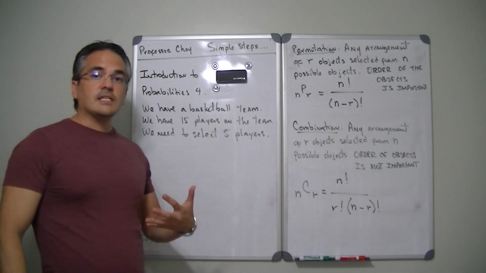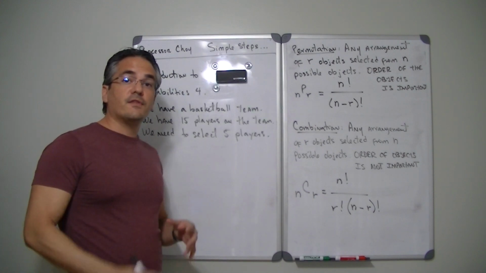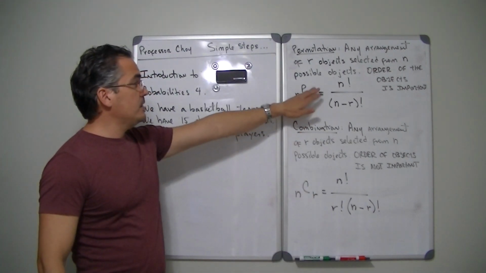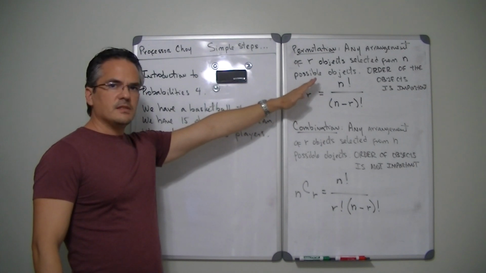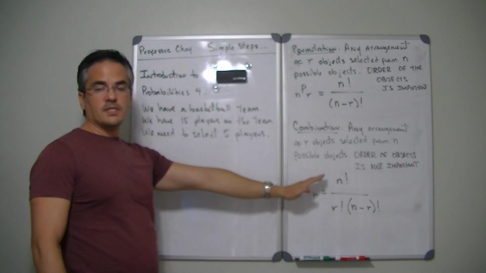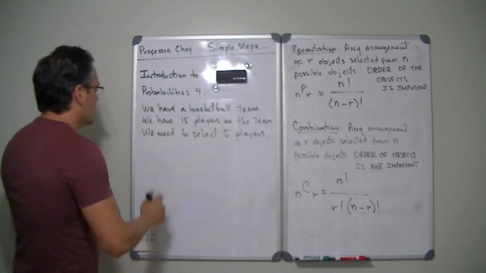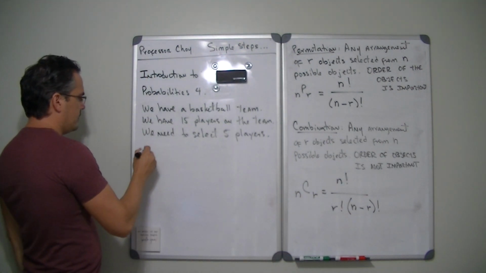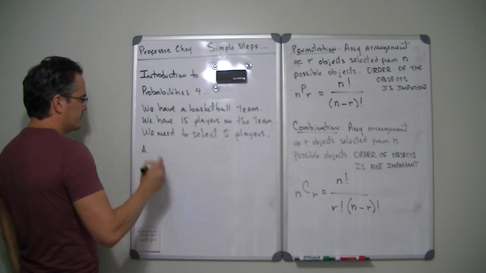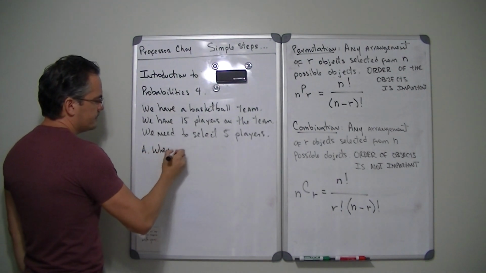And let's try to figure out how many different teams can you form depending on whether the order of the objects is important or the order of the objects is not important. Okay? So, in option A, when we select the player,